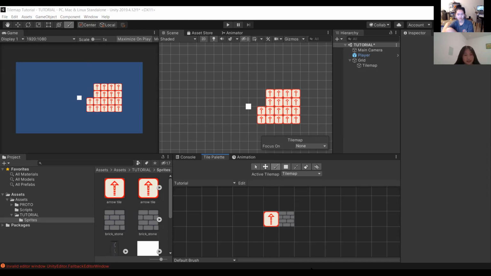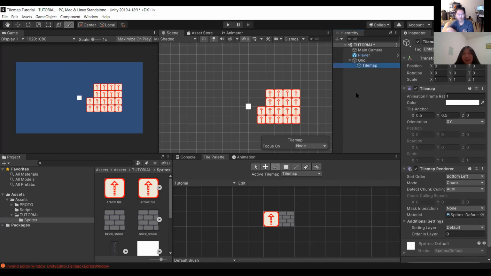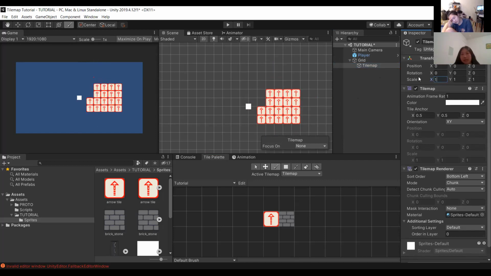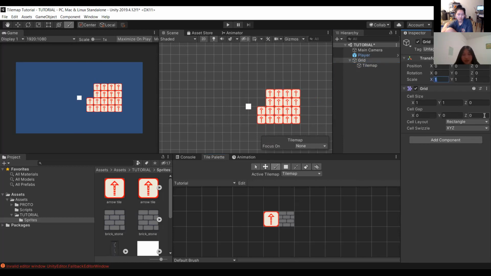Something else I'm just going to mention really quickly for fun. You probably won't ever have a reason to use this, but it's just in case something ever goes wrong in a project. There are also ways you can change the scale of the squares on the screen. Right now these are set to 1 by 1. But if I want to mess around, I can set it to 2. Now each square is 2 by 1, and your sprite should be stretched accordingly. You can also do this on the grid level, and you can just change the grid scale to 2, and it'll do the same thing.